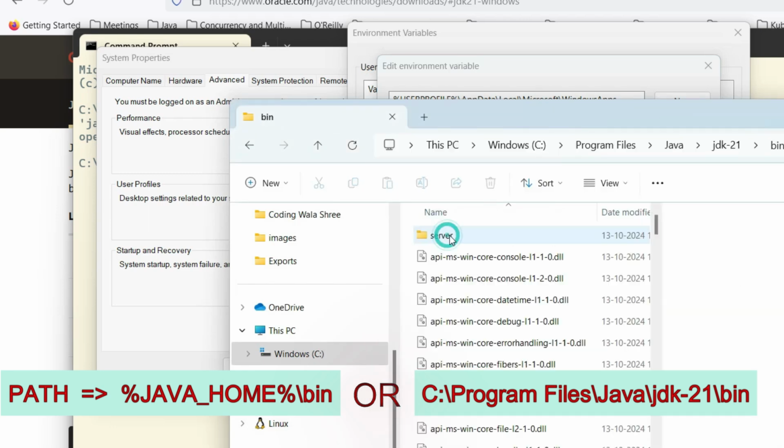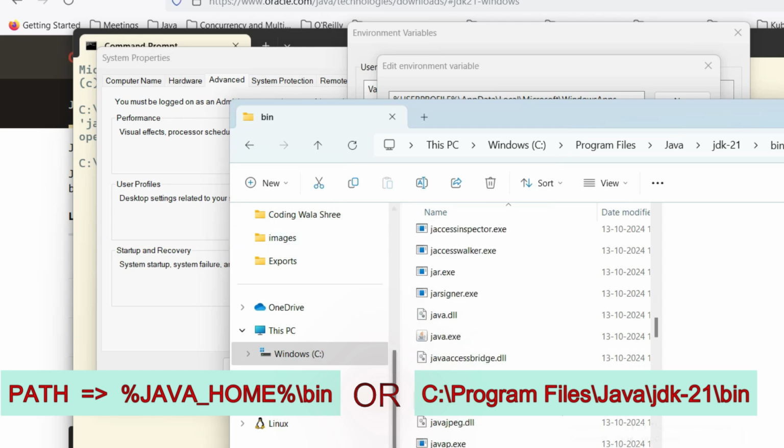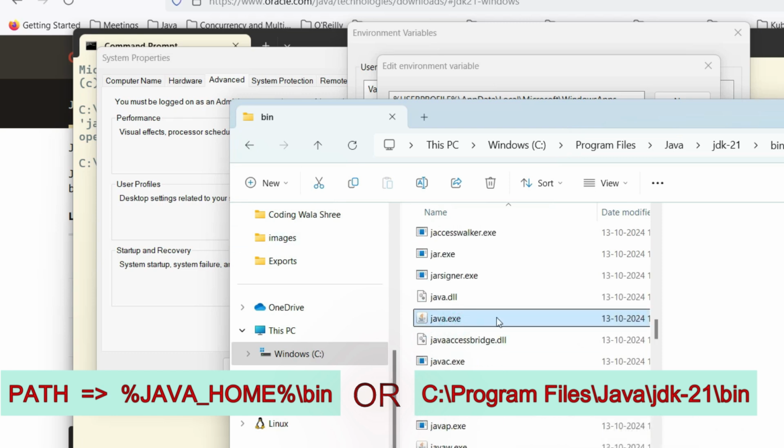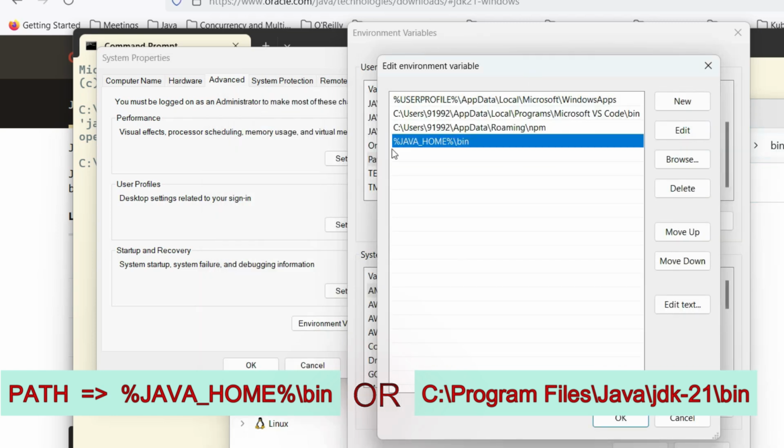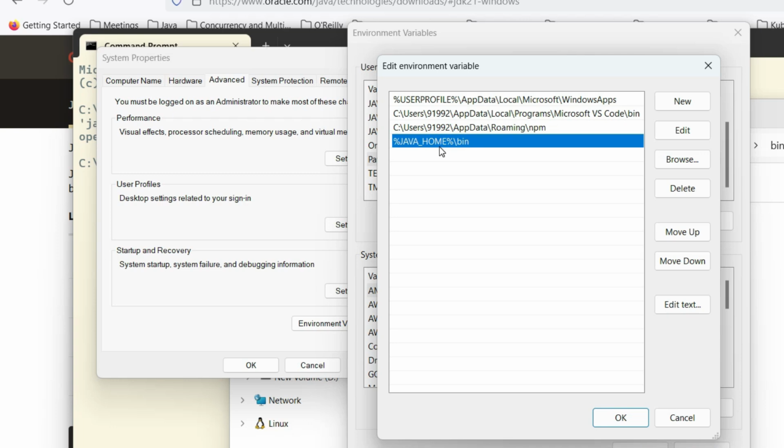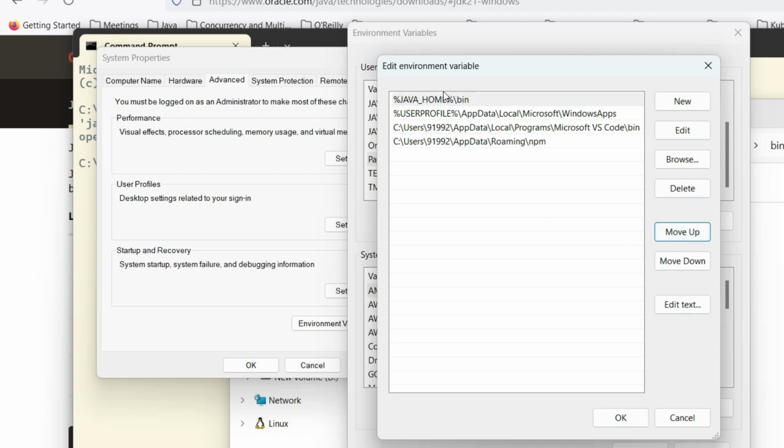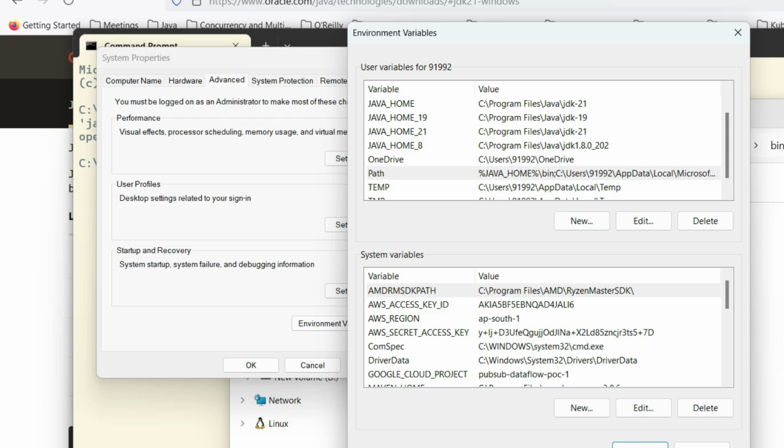So java.exe, that is nothing but the Java command, is available in JDK 21 /bin. So we are basically forming this path using the environment variable Java home. Okay, you can give the absolute path as well, but it is much convenient to use this way. So select this particular variable and move it up right to the top, then click on OK, click on OK,